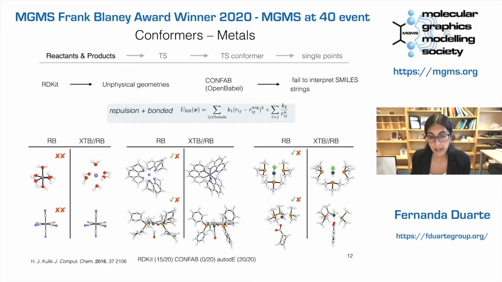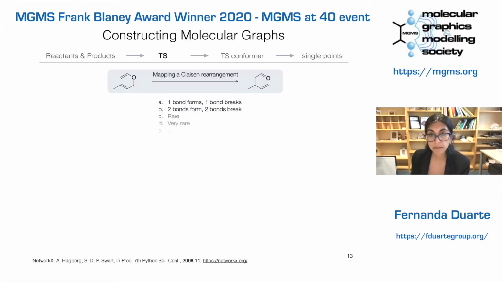What it means is that we are losing some of the stereochemistry that was input initially, and that is something we are aware of and trying to fix, because the way we do it is that we add atom by atom and we're losing that information. In general, with organic molecules, RDKit works perfectly, and we have been using it very happily in most of the cases. And how do we then identify